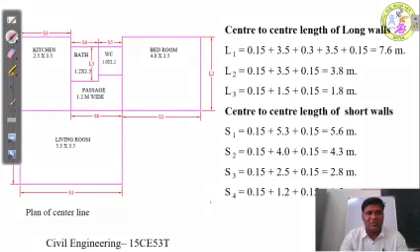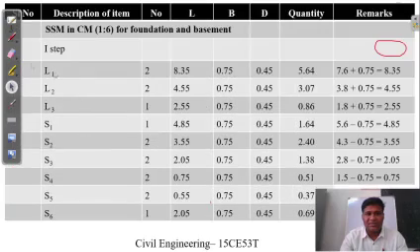So the wall number 1 is L1. The center line distance is 7.6. So in PCC SSM, I am going to add the breadth of the sandstone masonry in the first step. That is 7.6 meter, the center to center distance, and 0.75 meter, the width of the first step. So 7.6 plus 0.75 will give me 8.35 meters.